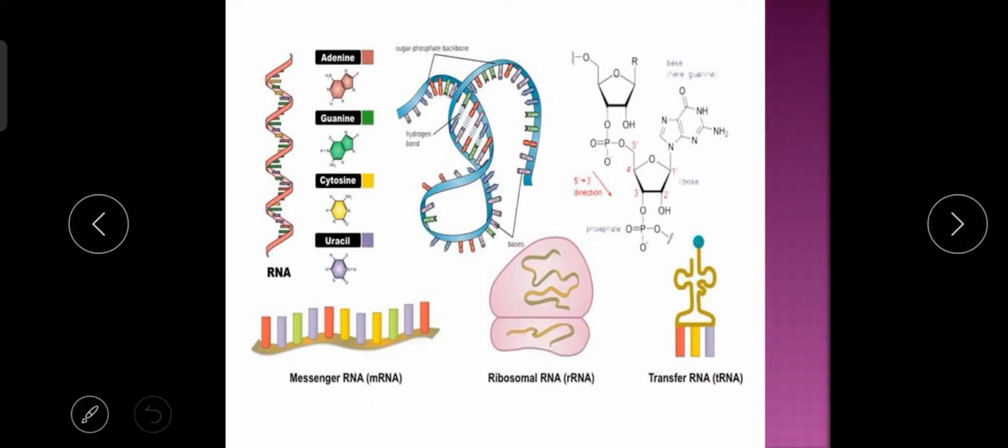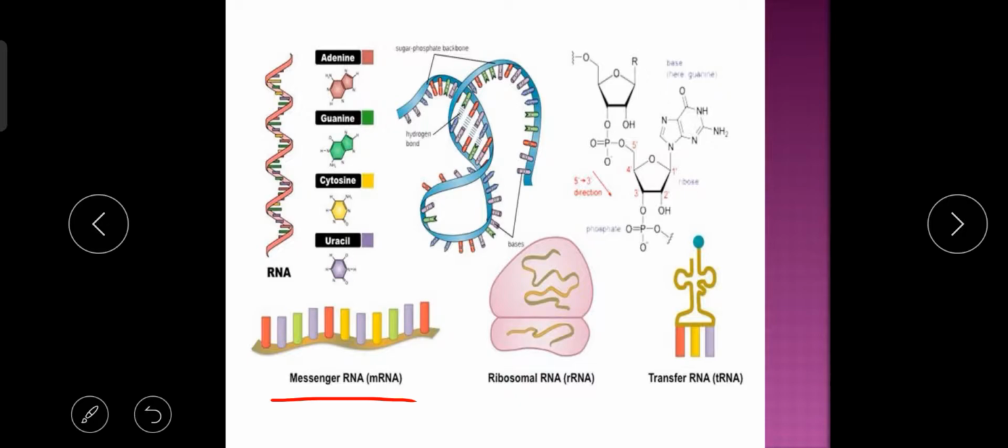Here, see, these are the different types of non-genetic RNAs. The first one is the messenger RNA, which is single-stranded RNA. The messenger RNA contains the genetic information in the form of genetic code, and genetic codes are always present in the composition of three nitrogenous bases. Like it may be AAA, it may be AUU, it may be AGC, like that. So any three nitrogenous bases can produce one genetic code.